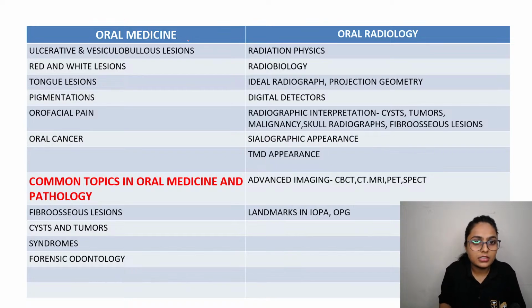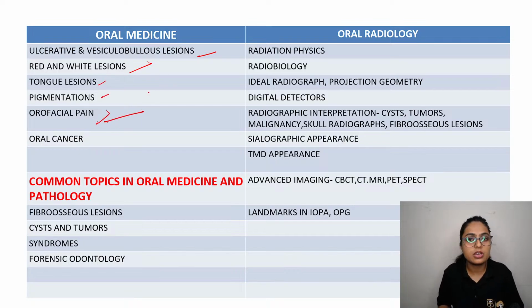So we have ulcerative and vesicular bullous lesions in oral medicine. Most important topics. You will get many questions based on this topic. Second one is red and white lesions, say leukoplakia, candidiasis. Then comes OSMF. These are commonly asked lesions or entities. All right. Then we have tongue lesions, pigmentations, orofacial pain in which we have trigeminal neuralgia, postherpetic neuralgia, Ramsay-Hunt syndrome,